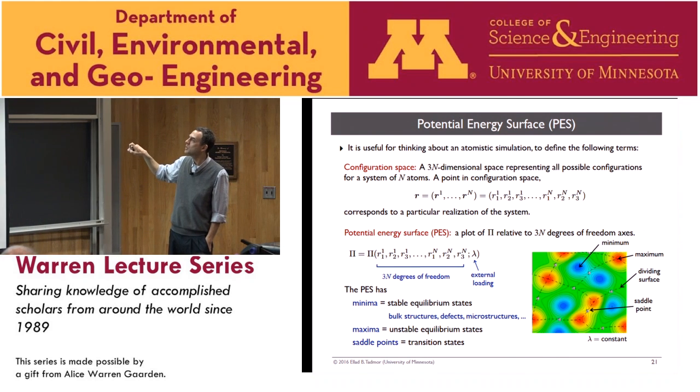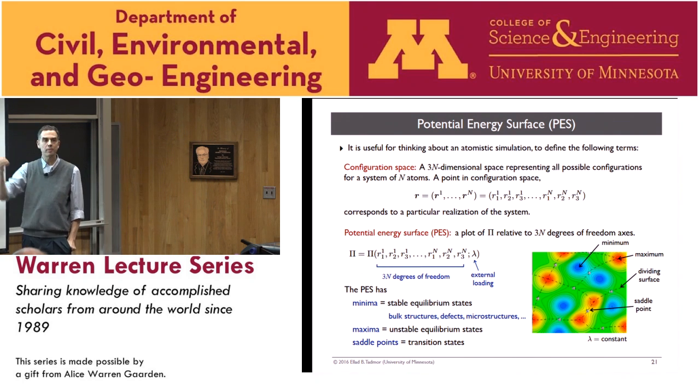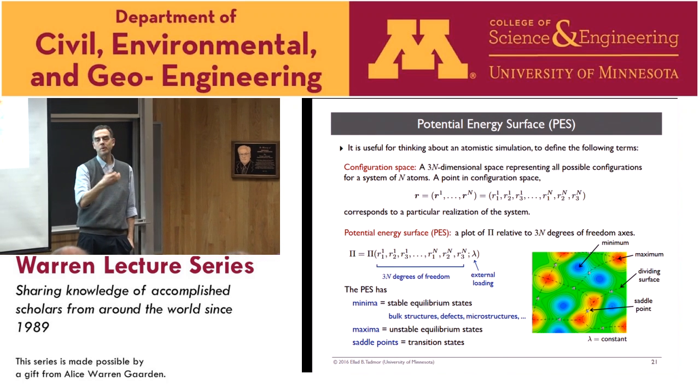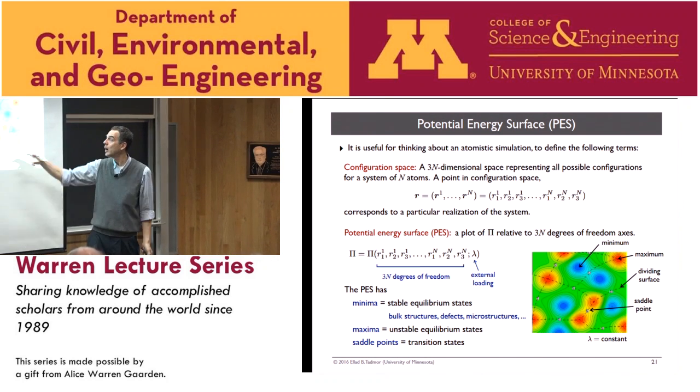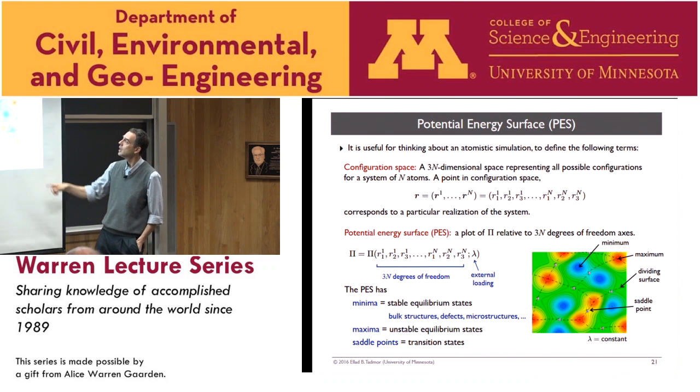So now these minima and these saddle points in particular are interesting because they have clear physical meaning. Each one of these minima corresponds to an equilibrium state of the system. Some defective state, a dislocation. One of them, the deepest one, will have no defects in it at all. That's sort of a ground state. But then all the other possible behaviors are blue spots in this curve.